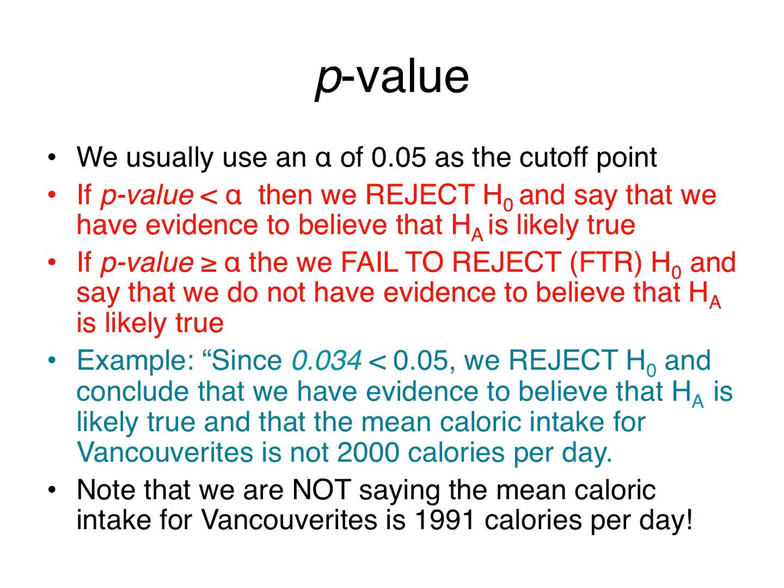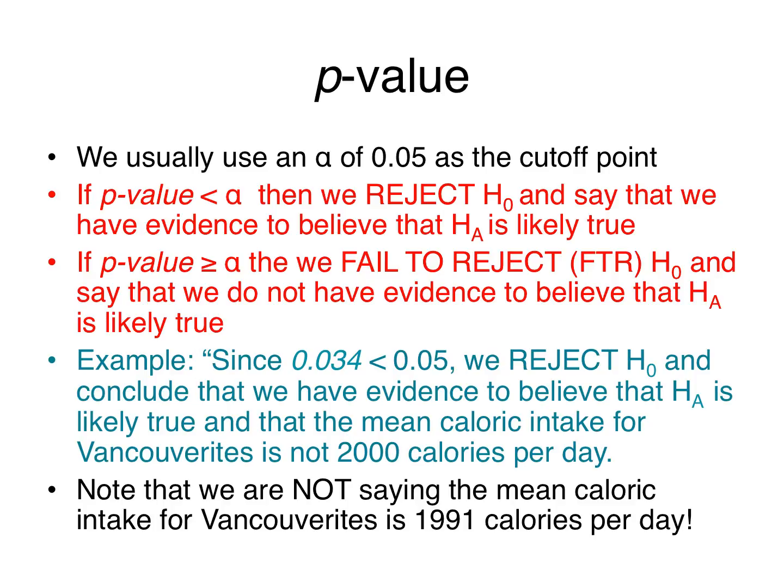Using our previous example, we would say that given that our p-value of 0.034 is lower than our alpha of 0.05, we reject our null hypothesis that the true mean caloric intake is 2000 and conclude that we have evidence to believe that our alternative hypothesis is likely true and the mean caloric intake of Vancouverites is not 2000 calories